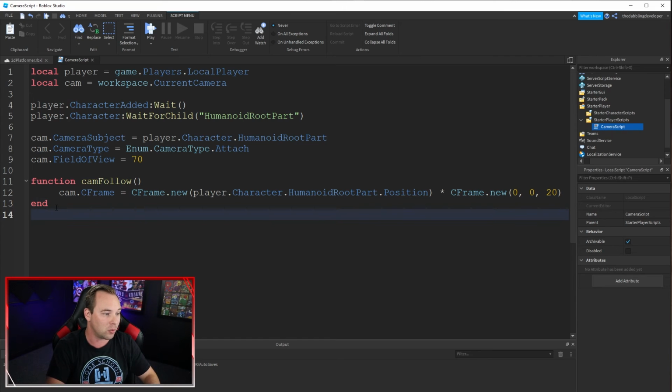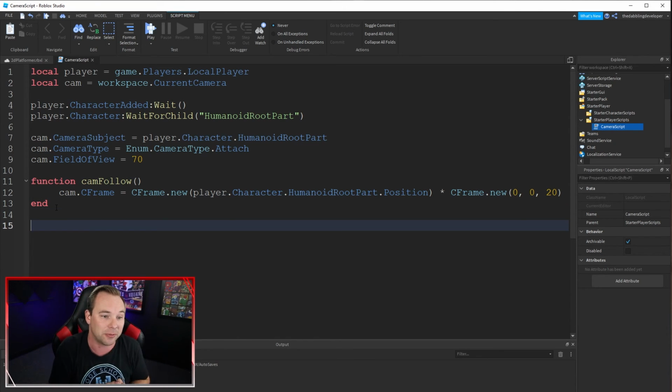Then what we want to do is we just want to tie all this stuff together. Now, we want the camera to update every frame. Now, you're going to want to put a while loop in here, but it's going to crash your game, and then you're going to get jitteriness. So what we're going to do is we're going to actually tie this update to the refresh rate of the Roblox player, not the actual character on the screen, but the engine that runs